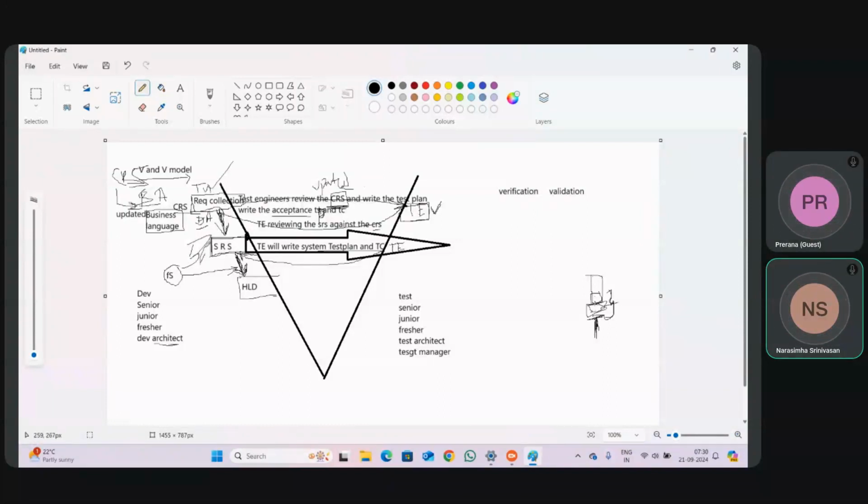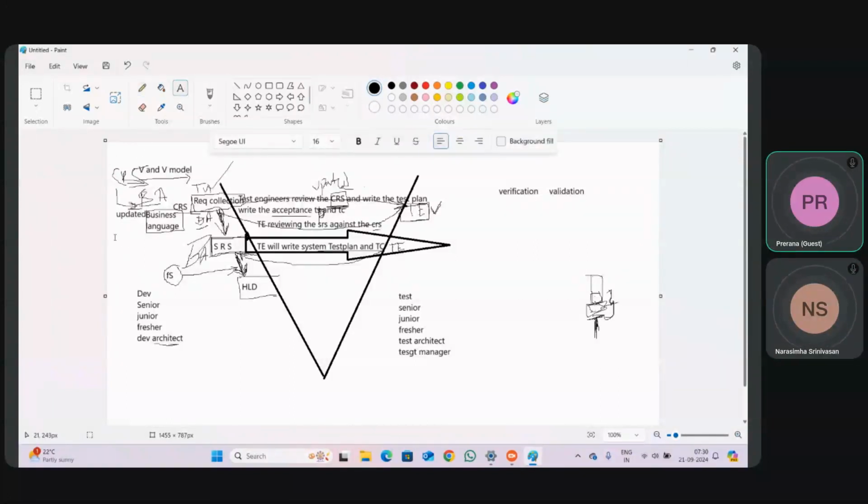The business analyst is responsible for conversion of CRS into SRS. Not the architect, the business analyst. So what will the business analyst do? Okay, what is the mistake I have done? I will tell, page number 10.